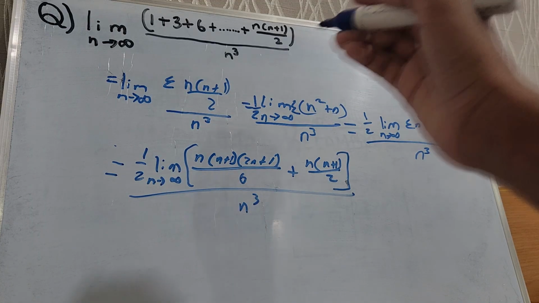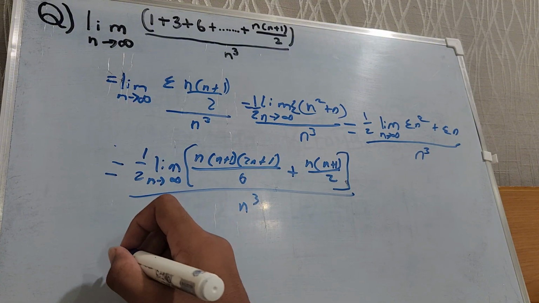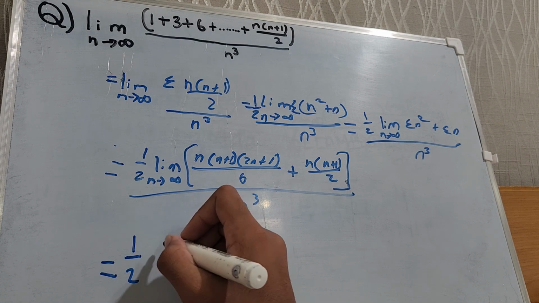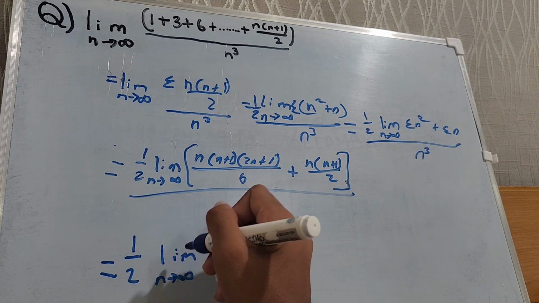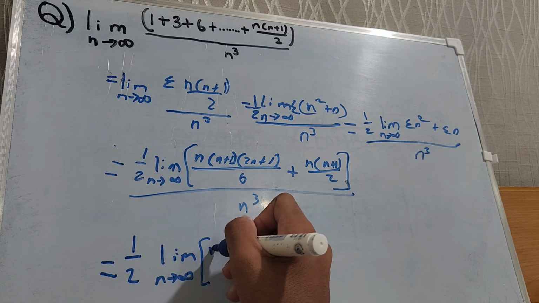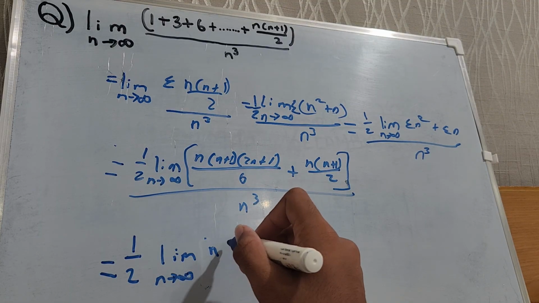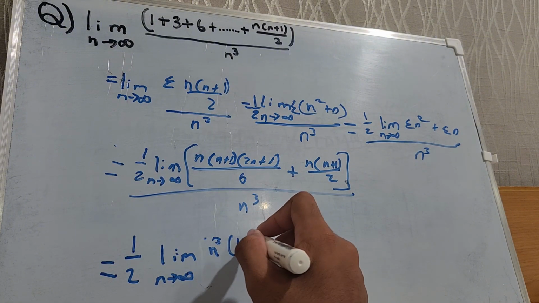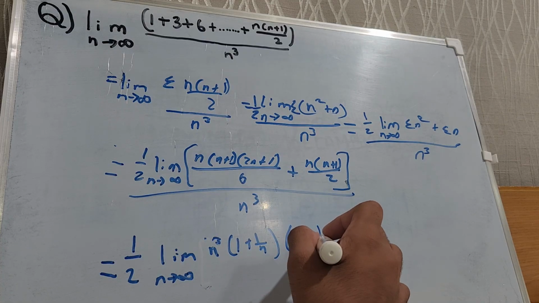Now take it separately. Take it as equal to 1 by 2 limit n tends to infinity, you take n into n cube and then say 1 plus 1 by n, 2 plus 1 by n